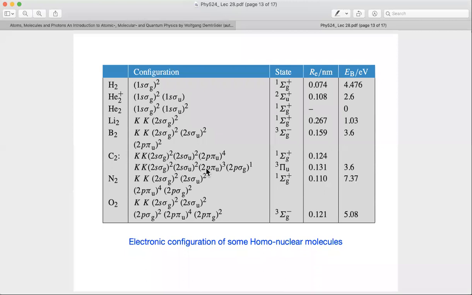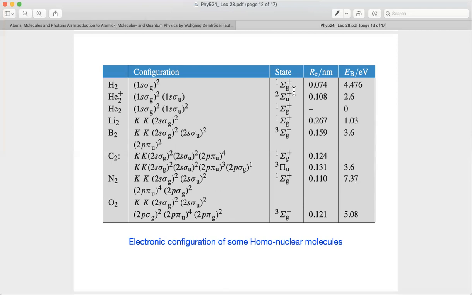For the H2 molecule, the starting point is the 1s state of the hydrogen atoms. 1s states combine to form the sigma g. So I'm talking about one-electron states, small sigma and g for gerade, with plus eigenvalue under inversion. So that is a single electron state. The other electron is also in the same state, so 1s sigma g whole square. And the combined state, in our notation that we discussed, the two electrons can combine into spin 0, spin 1, etc. So capital sigma is the total Lz is 0 state.